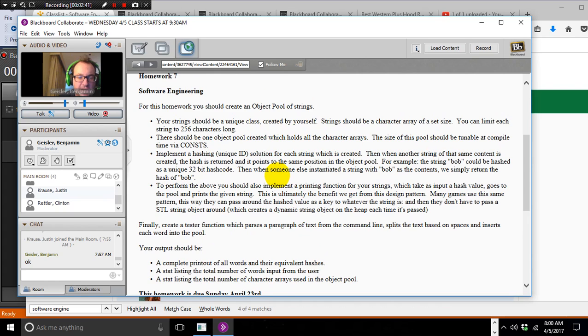You're using the object pool stuff we're talking about today, and you're using strings. The cool thing about this is it's an assignment from my old days of game programming, where we actually would do things like this. We would create an object pool of strings to save us